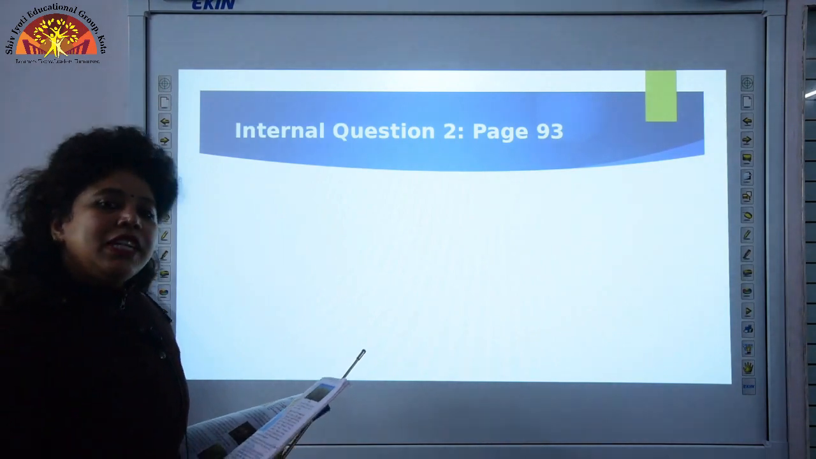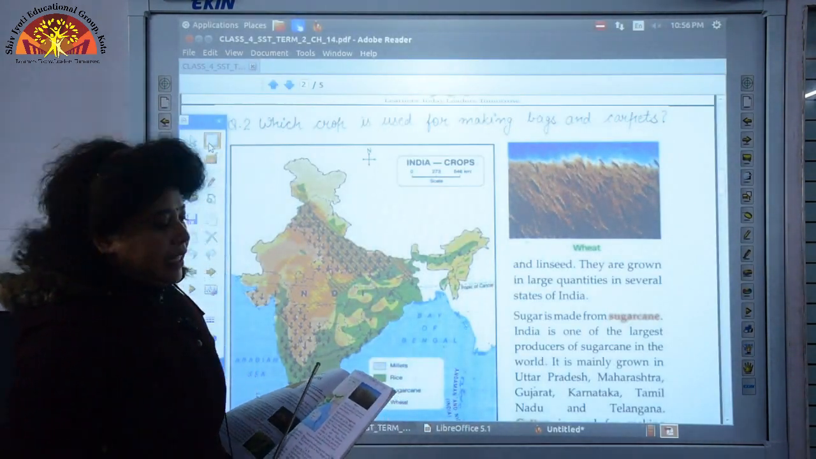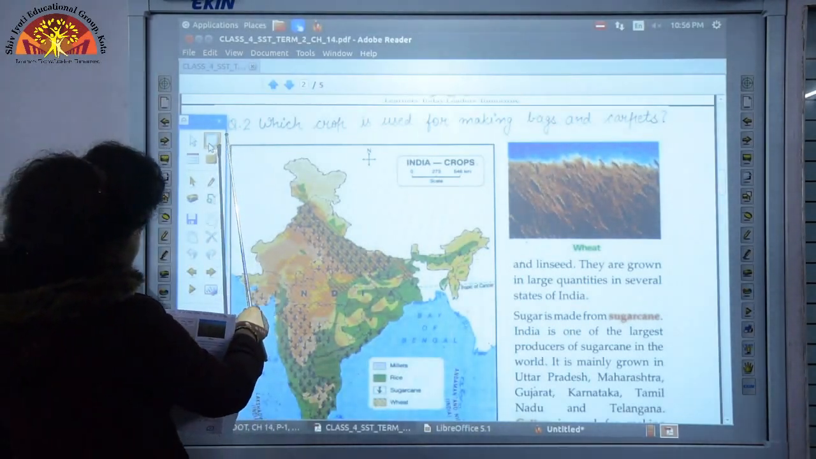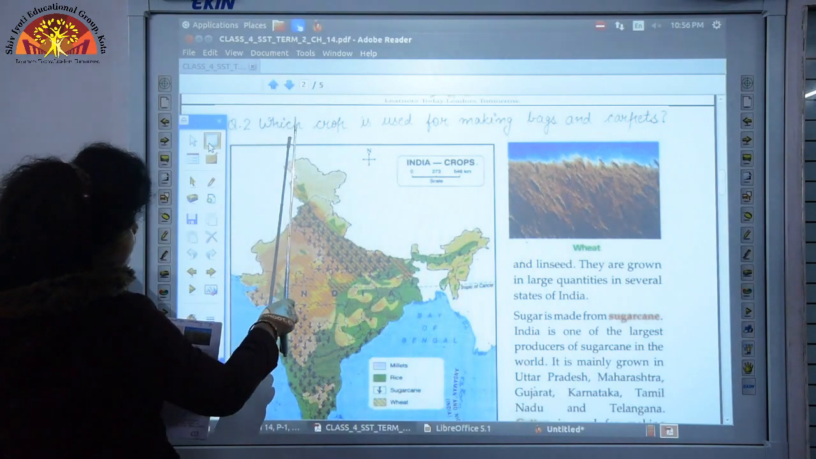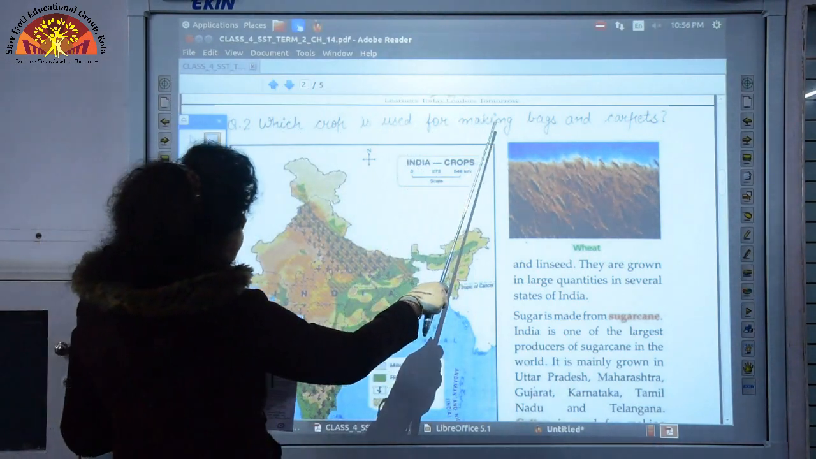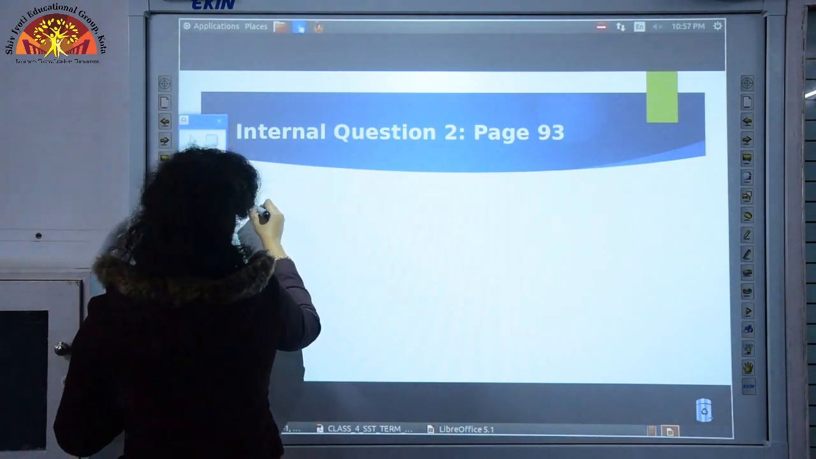Now, let us come to the internal question, children. Please open your textbook page 93 and on top of this page, I want you to write the question. Question 2, which crop is used for making bags and carpets? Your question is,